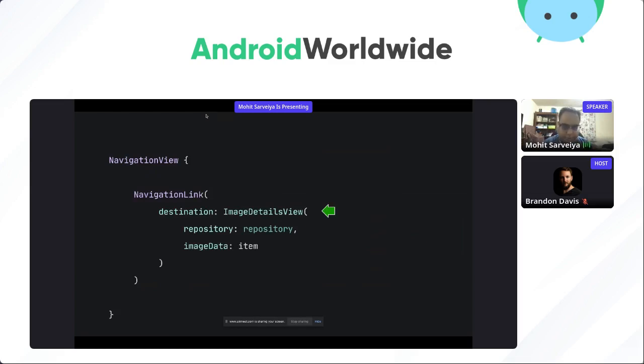One thing to note here, this is not route based. It's not like images slash image ID. I'm passing in the object, which is the image data. And that was easier, I found, working with SwiftUI. So basically,